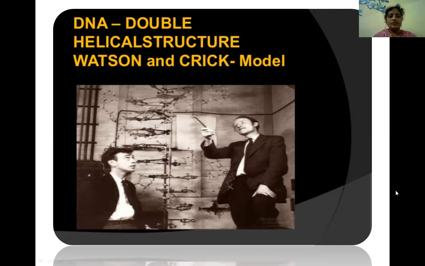The double helix model of DNA was proposed by Watson and Crick in 1953 based on the X-ray diffraction studies of Wilkins and Franklin, and chemical analysis by Chargaff. Watson, Crick and Wilkins received the Nobel Prize for the double helix, which was rated as the molecule of the 21st century.